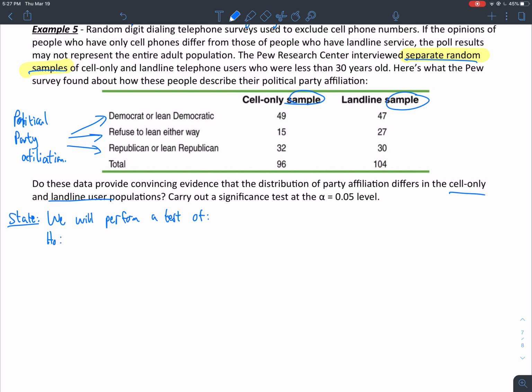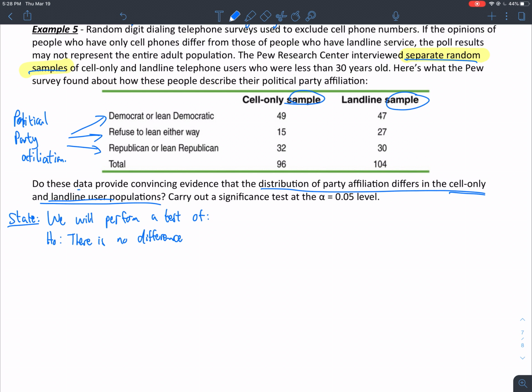Null hypothesis. So what's our null hypothesis? Do the data provide convincing evidence the distribution of party affiliation differs? Okay, so there is no difference, okay? There is no difference